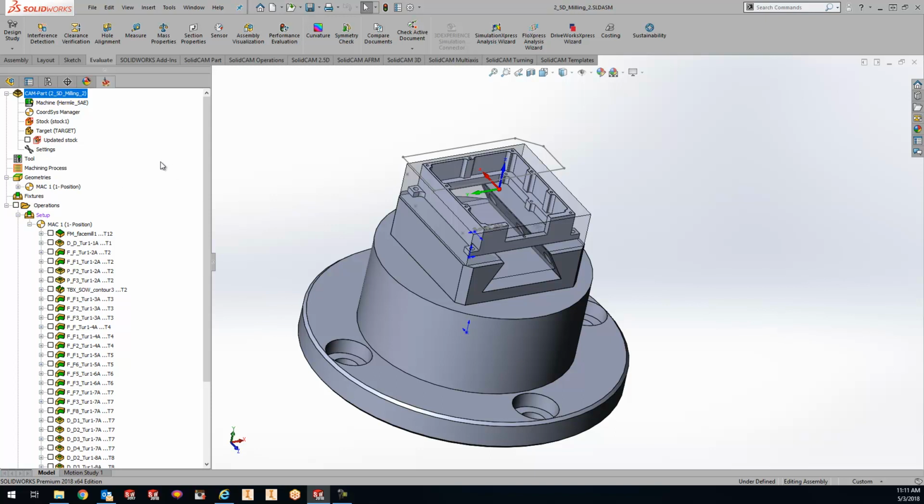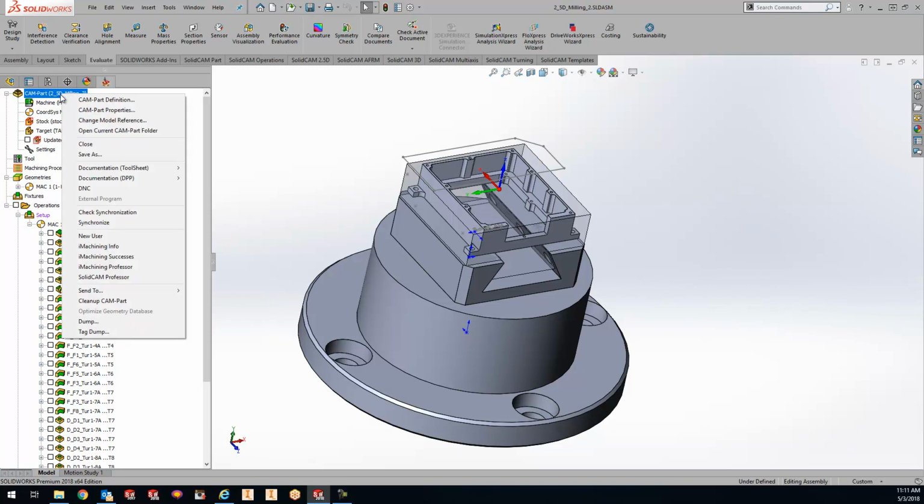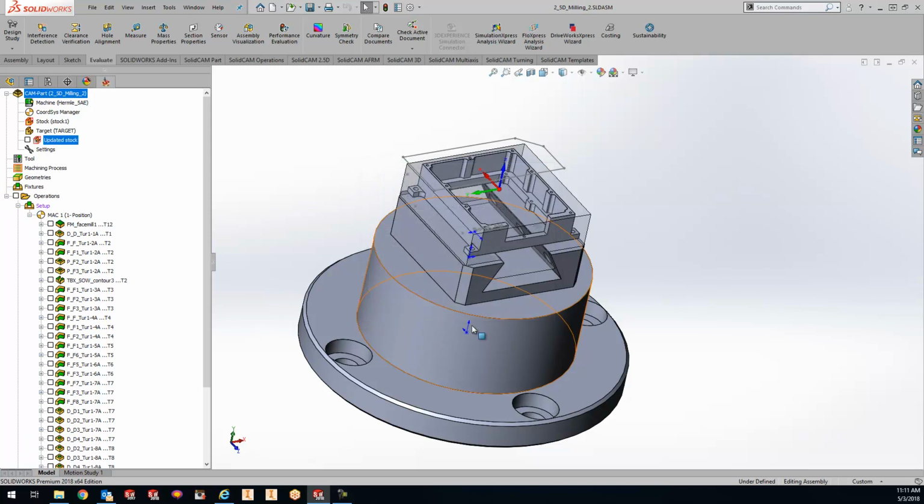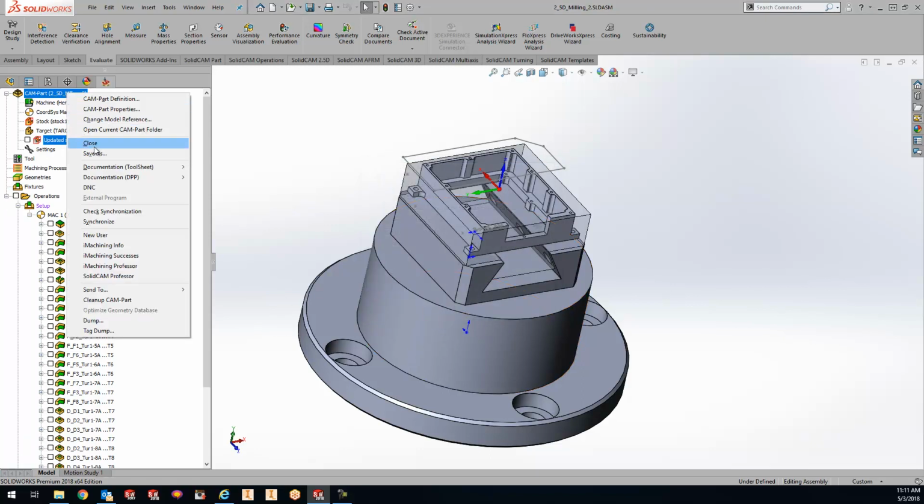So how to do the cleanup cam part is very simple. Just go up to the top and right click and do cleanup cam part. Now you can just do certain ones, so you can do remove G-code, updated stock, updated models, any unused geometry, any unused fixtures. Basically it goes through and just takes out what wasn't being used before. So if we just do a select all, hit OK, and if we go ahead and just close this file down here,